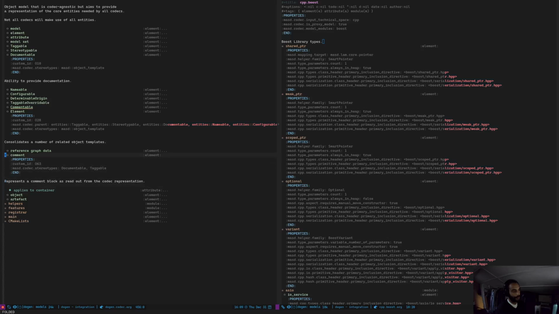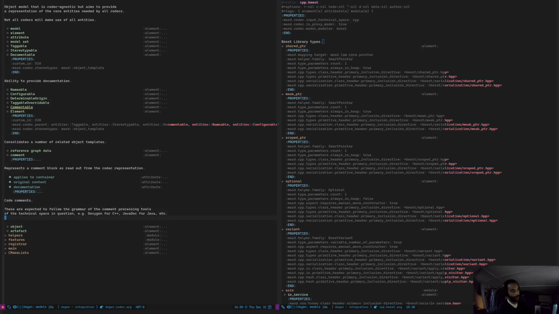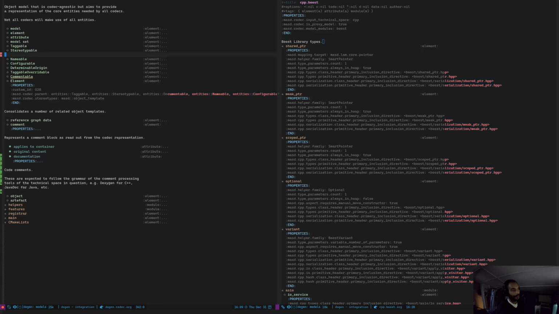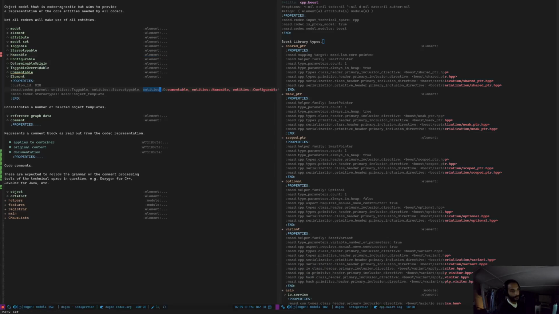Interesting. Original content. This is something we added recently as well. So as you can see, we just move this across, and that is it. That is all you need to do in order to move things around. And now we can also do autofill, which is very useful. And now we can get rid of documentable. So if we just now say,